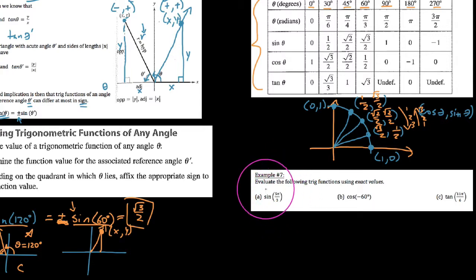So, sine of 5 pi thirds. How could I do this very quickly with reference angles? Well, first thing I'm going to tell you is this. Go ahead and write this. It's going to be the same thing as plus or minus the sine of its reference angle. I mean, it's got to be the same thing as the sine of its reference angle,